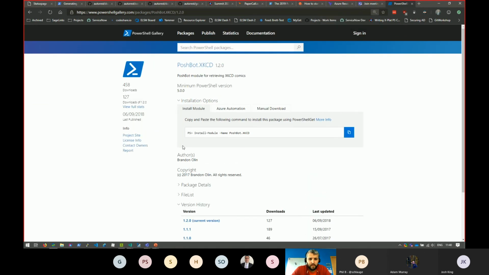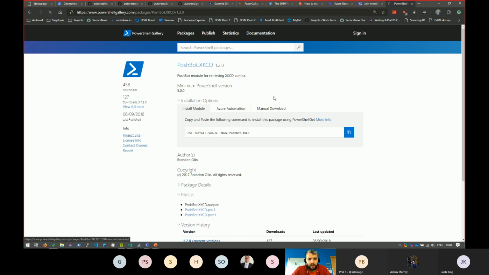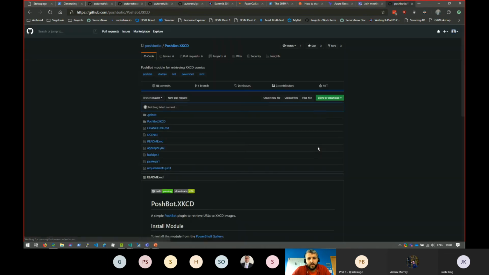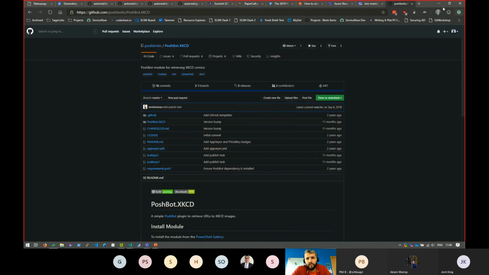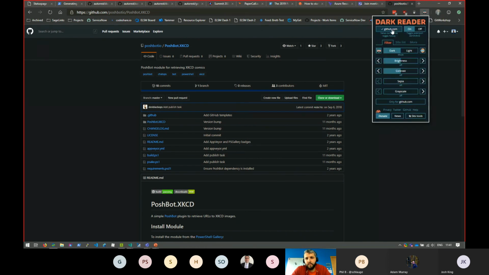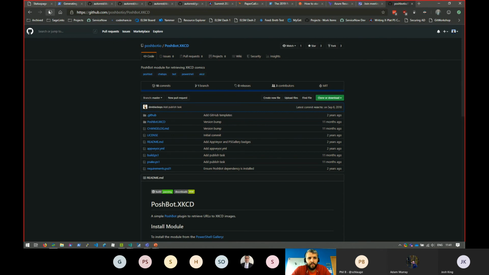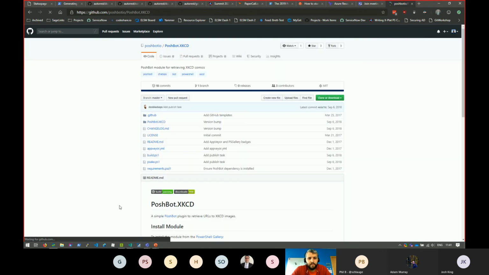File list, project site. So I've actually thought about writing an Active Directory public module for Poshbot. I think there's a few people who've written similar, but it's obviously all internal.